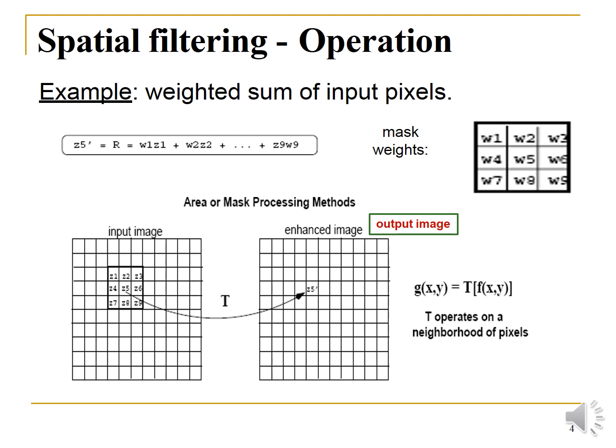Now, how the operation takes place in spatial filtering is that we consider all the pixel values surrounding the particular pixel z5, that is z1, z2, z3, z6, z9, z8, z7 and z4. We add all those pixel values and replace the value of z5. So the z5 value is replaced by the sum of all those neighboring pixels, represented as z5 dash. Similarly, we place the mask over each pixel and replace the value to get an enhanced image as output.